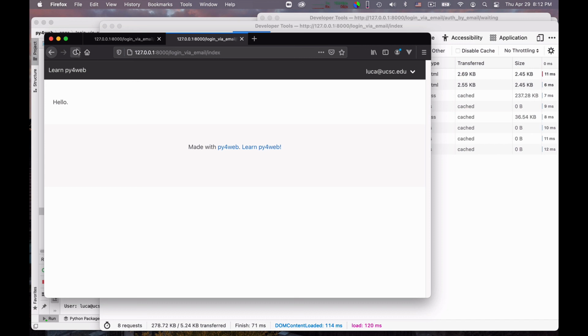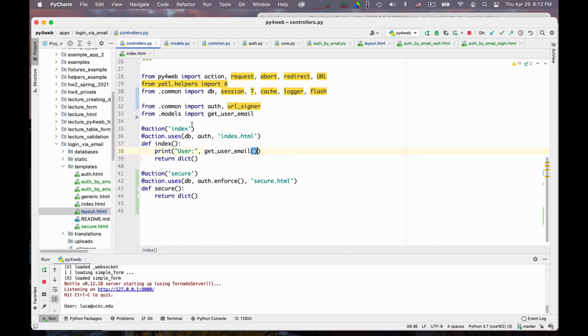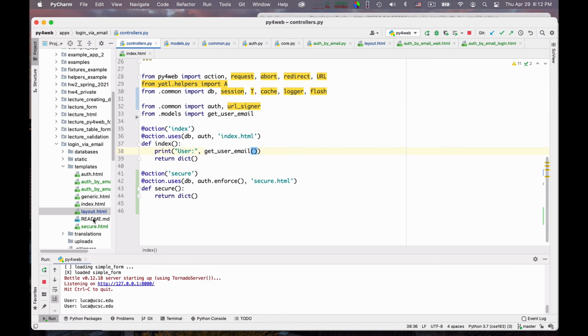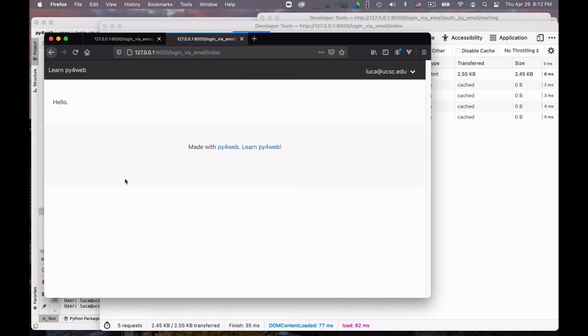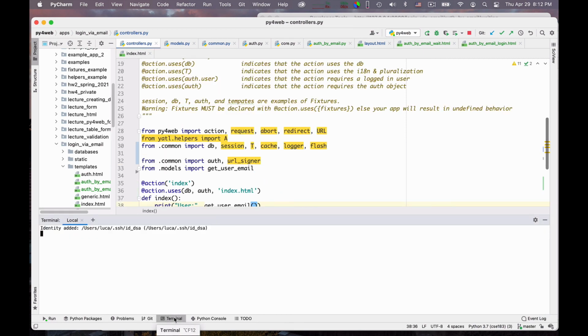And so if I now reload the index page, we should see that it prints my username if I wrote the code correctly. So let me refresh, go here, and yeah, you see? So we got it right actually. We just had forgotten that small redirect, but the rest seems to work. So this is quite beautiful.